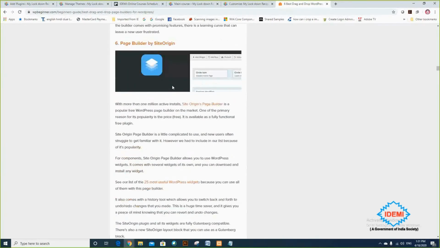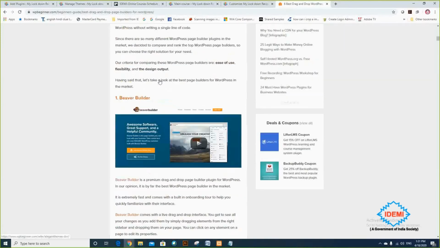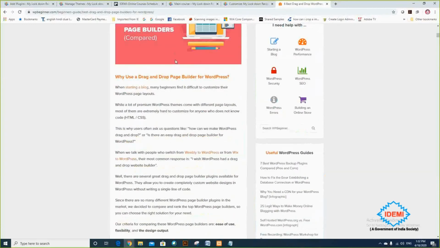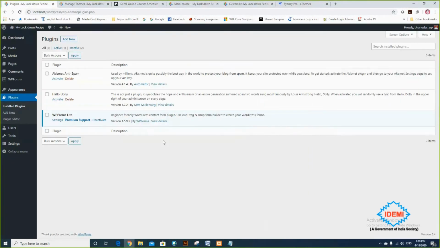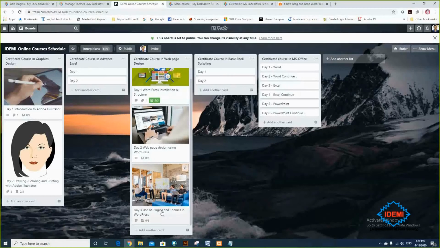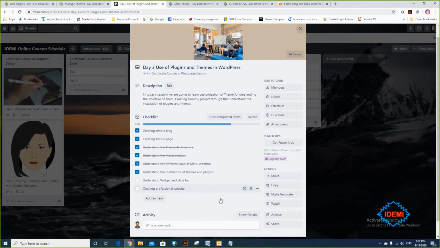These are the 6 popular builders people are using to develop WordPress sites. Okay, so you have to learn this on your own, because once you understand the architecture of each page builder, then you can easily use it.